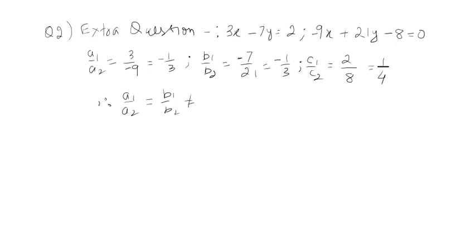So therefore the ratios are like this: a1 upon a2 is equals to b1 upon b2, but not equal to c1 upon c2. You can see c1 upon c2 is not equal. So if such condition happens, then what you will say? They are parallel. Okay. So here, because minus 1 upon 3 and minus 1 upon 3 are equal, but 1 upon 4 is not equal. So thus